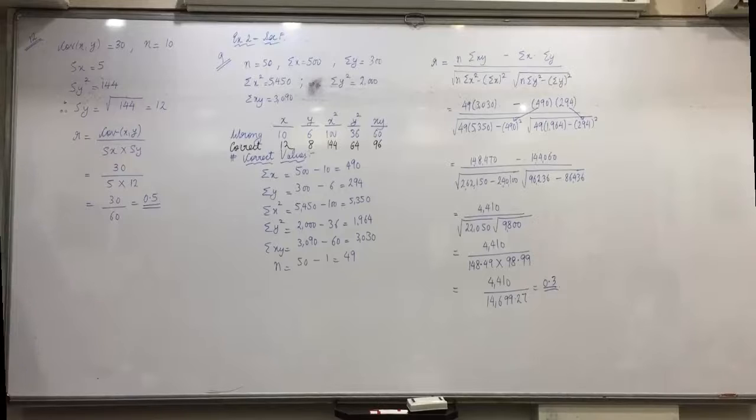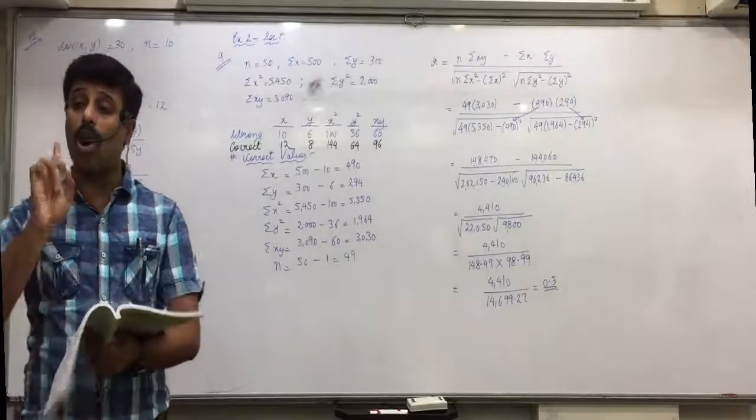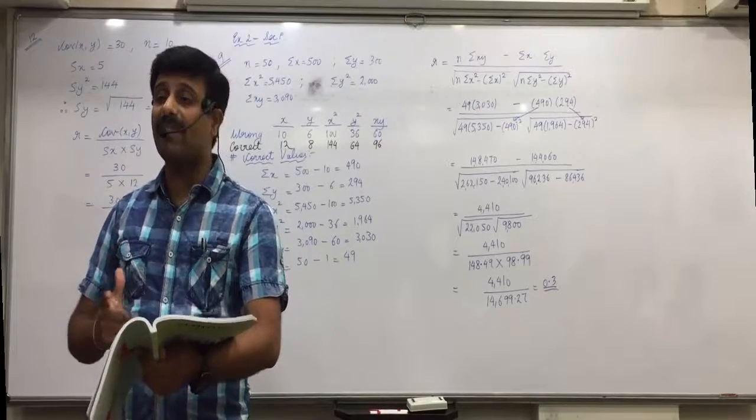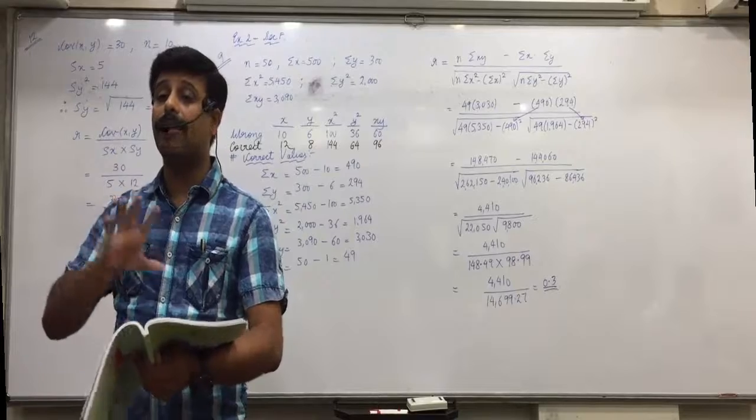How much is the value of n? 10 students. 50 is not the value of n. 50 is the maximum marks of the test which is taken. Can you see 10 students in the third line? That is the value of n. Okay, now see the last paragraph. Later on it was found that one pair of observations of x and y was taken as 13 and 20. Taken as 13, 20 means it is the wrong one. Instead of 15 and 25 means it is the correct one.